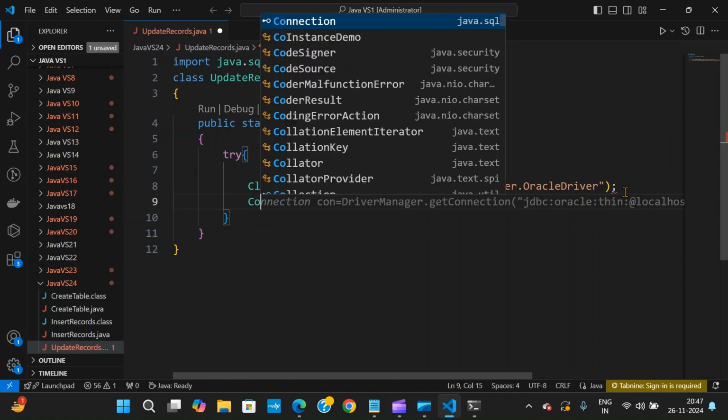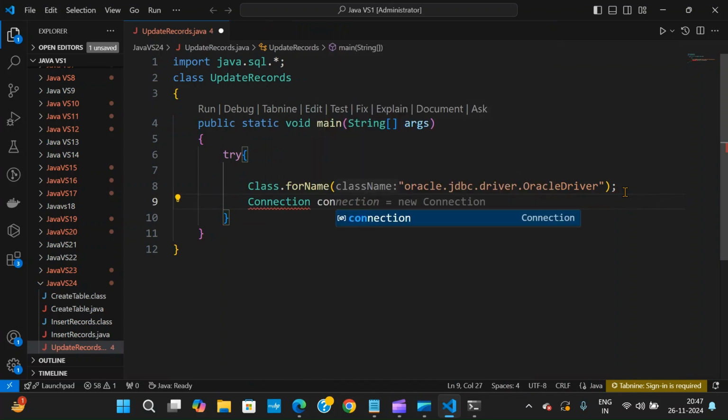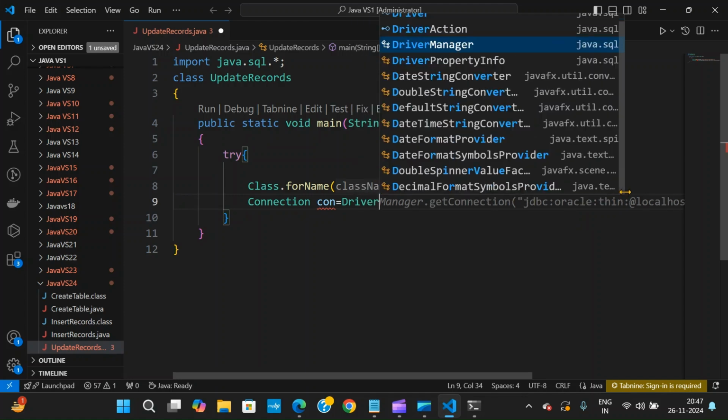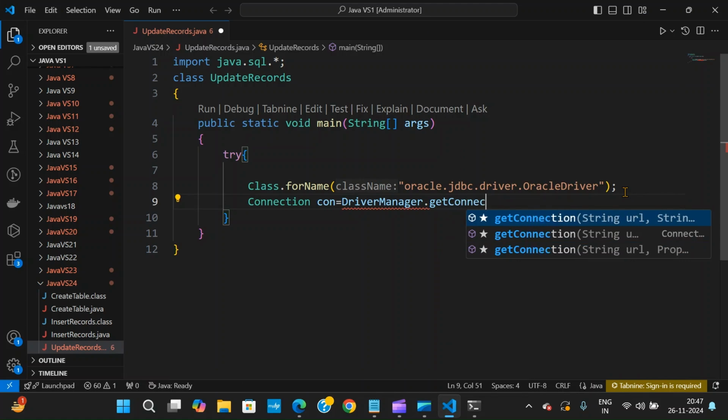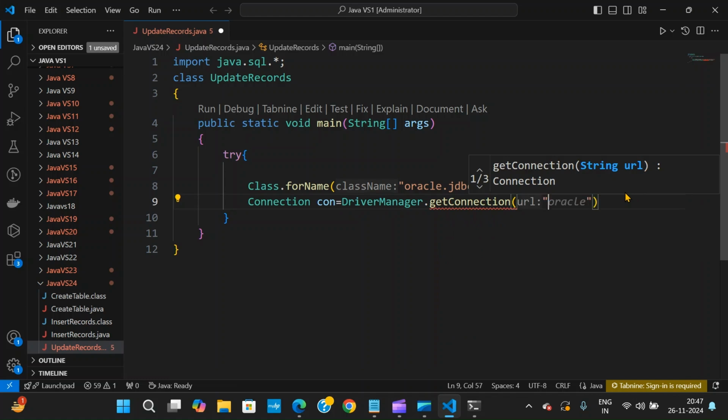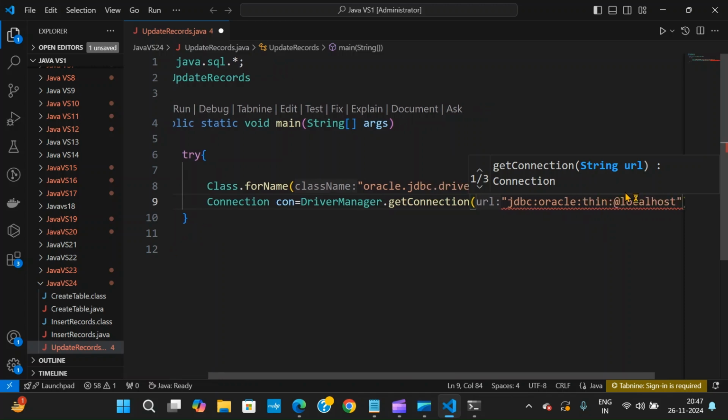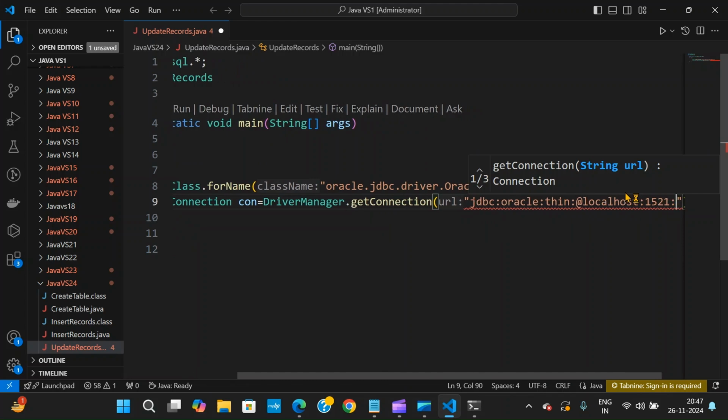Then the second one is we have a Connection interface. We're creating a con reference variable. We have a DriverManager class, dot, we have a static method again, getConnection. Now here I need to give a protocol like jdbc colon, oracle is a sub protocol, then colon thin is a driver, thin driver, which represents the type 4 driver, colon double slash, then at the rate of localhost colon 1521 colon XE